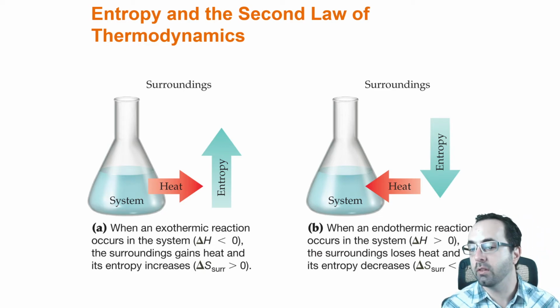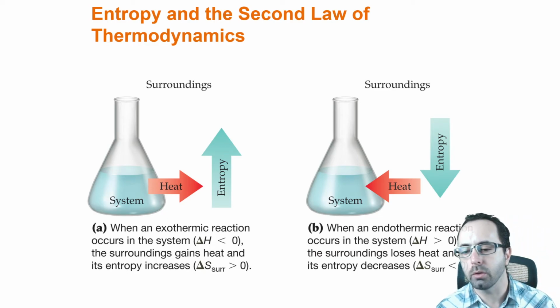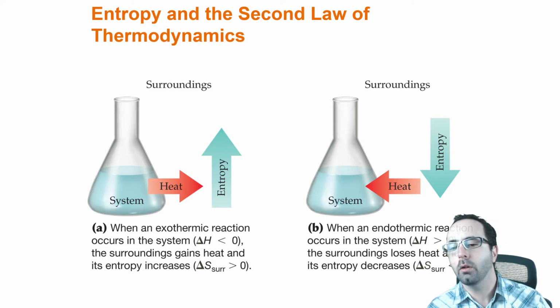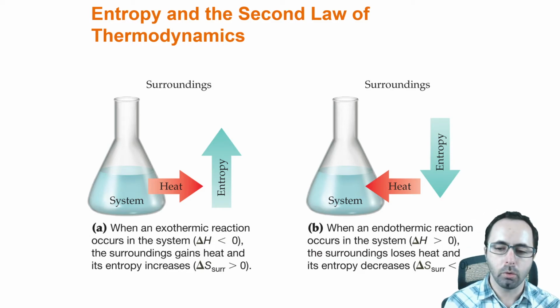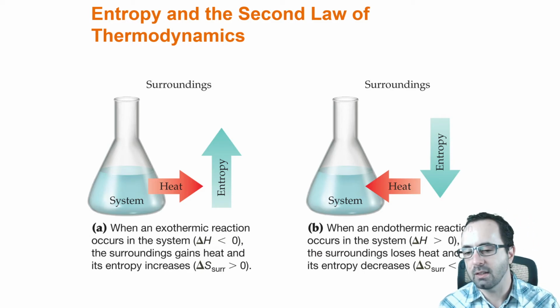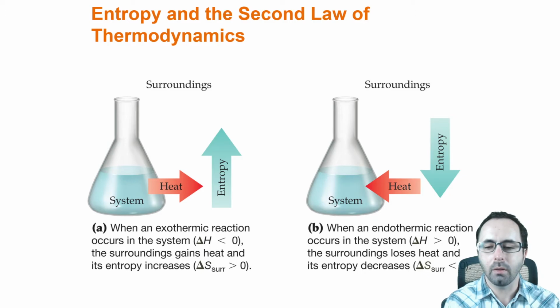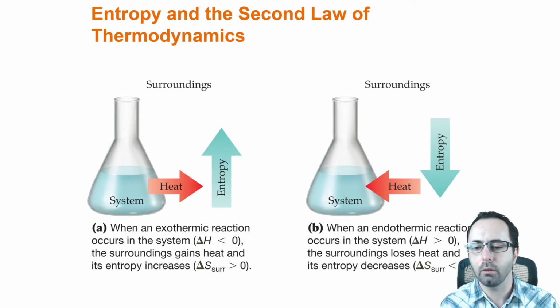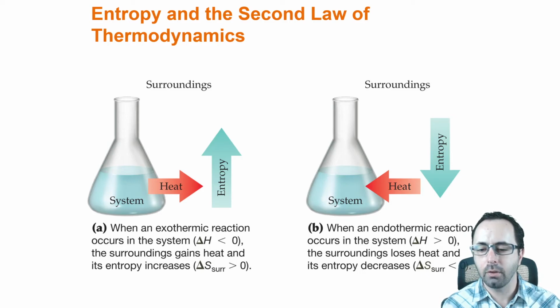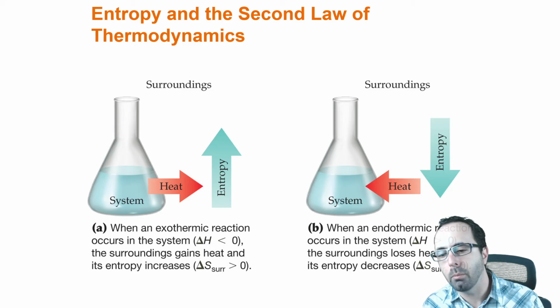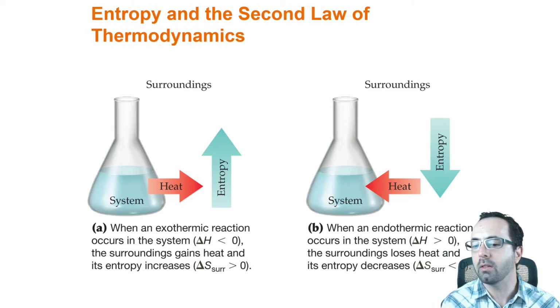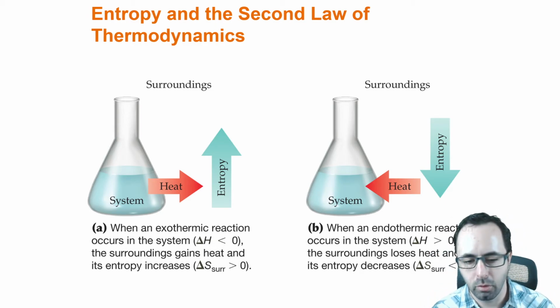But the result is that the surroundings get colder. So an example of an endothermic physical process would be like ice melting. So if you hold a chunk of ice and it's melting, you can feel that your hand is losing heat. The heat is going out of your hand and into the ice to melt it. Thus, since the surroundings of the ice cube are getting colder, the surroundings are becoming lower in entropy.